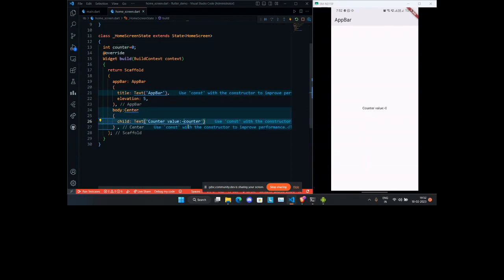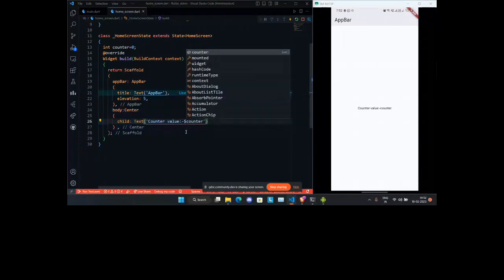If I remove this, the compiler is gonna take it as a string. I'm gonna save it, and as you can see on the screen, it looks like counter value counter. Since counter is a variable, just to let the compiler know that, I give a dollar.